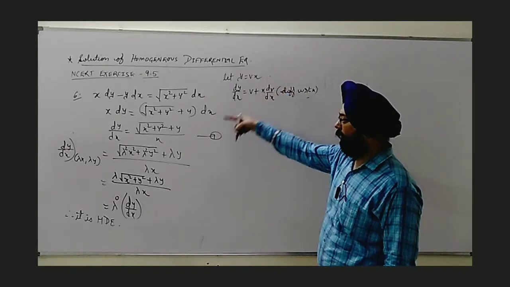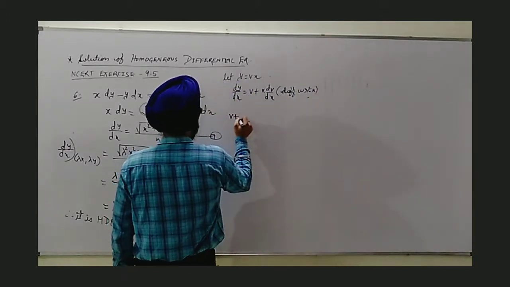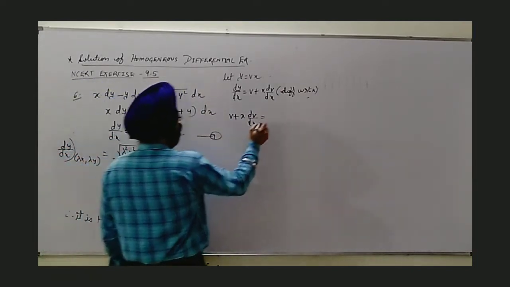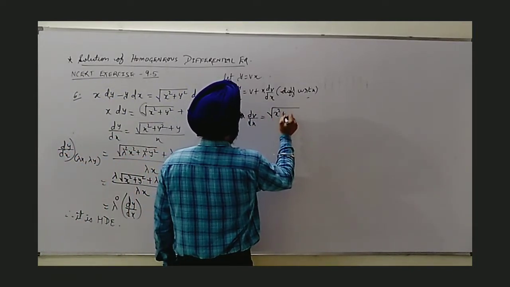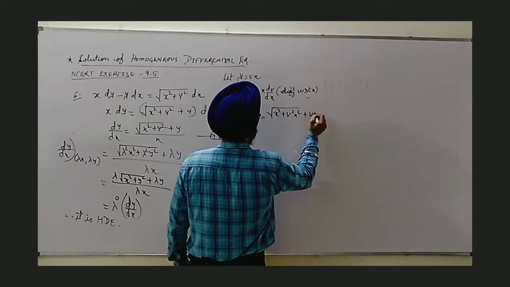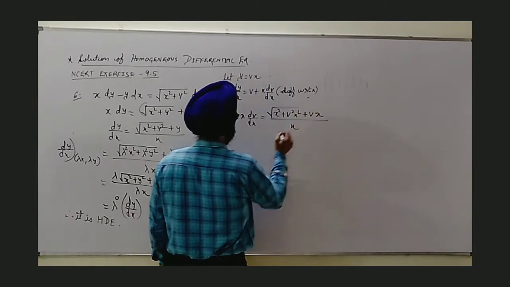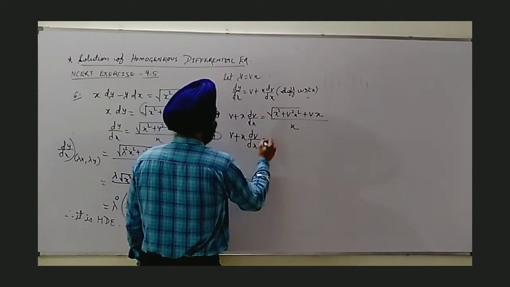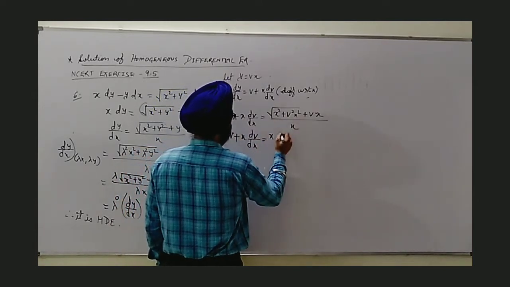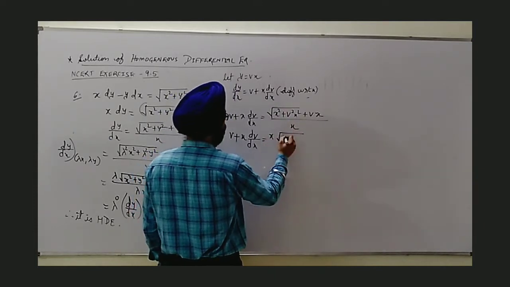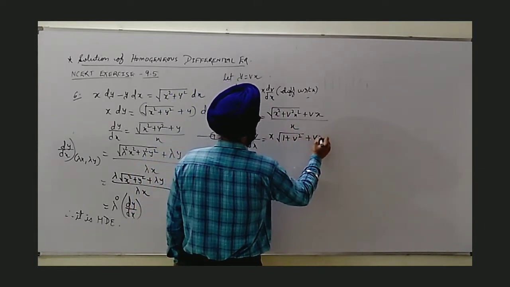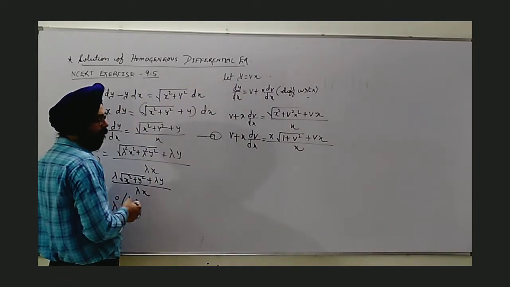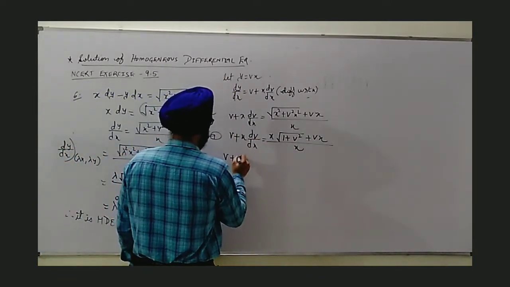Now using these two values in one, we get v plus x dv by dx equal to under root x square plus v square x square plus vx upon x. Here x square is common, so because of the root we have x times under root 1 plus v square plus vx upon x. And once again you see x is common, numerator and denominator can be cancelled out. We are left with